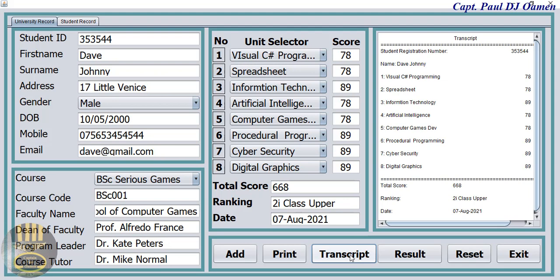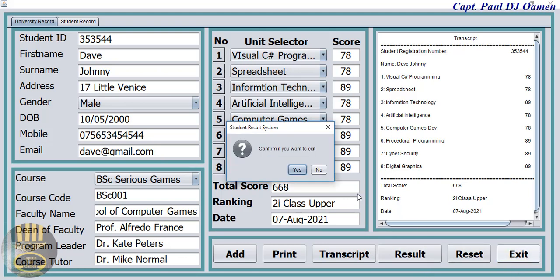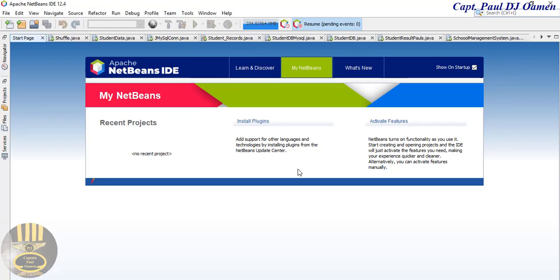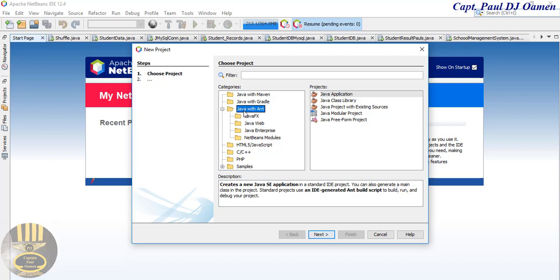So what I'm going to do is take you guys straight into the Java development environment, and we'll put one of these together, and I'll see you guys shortly. And let's exit out guys and start a new project. I'm going to click on exit, click on yes there. So let's go straight to file, new project, and make sure you select Java and select Java application, click on next,